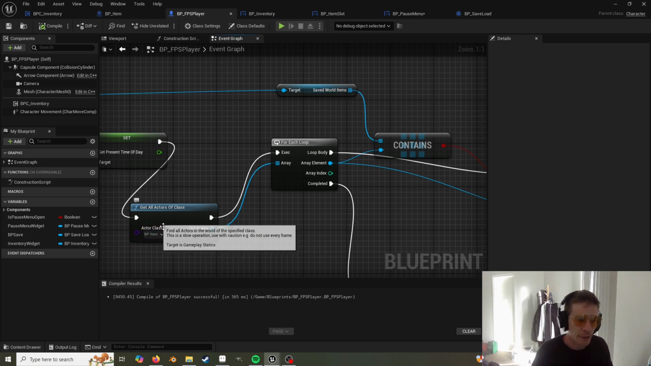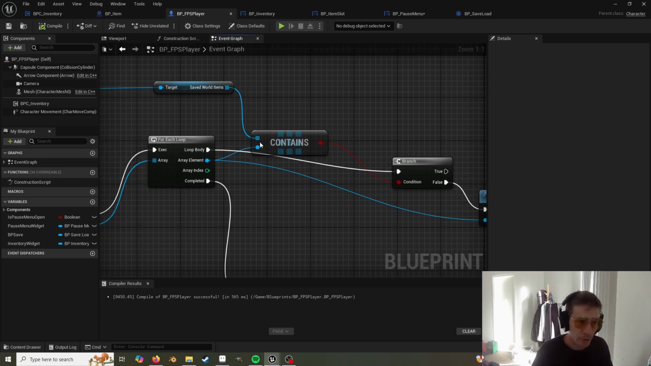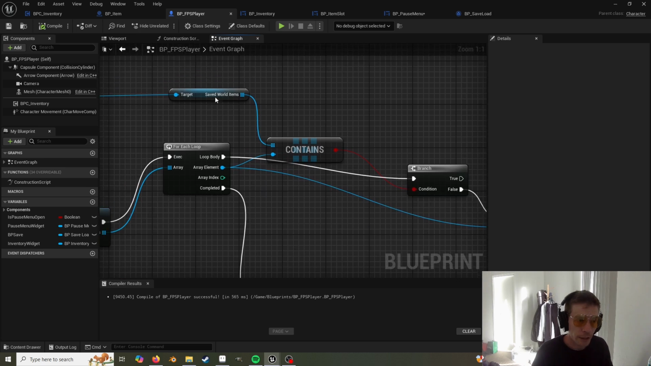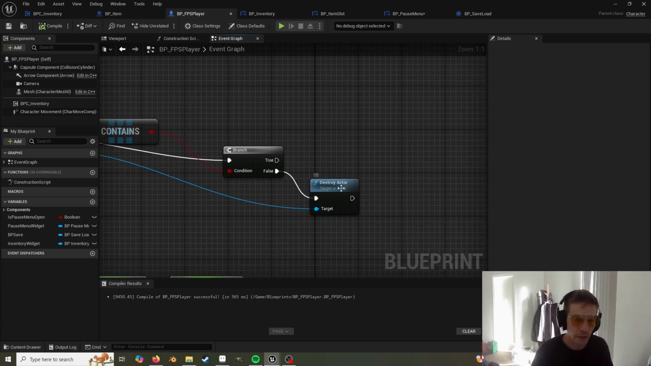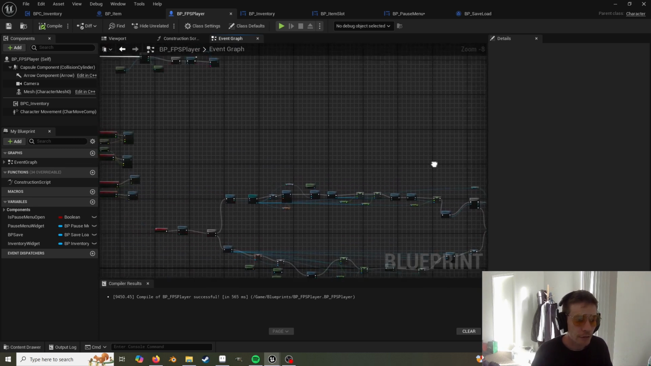For all the items that are in here that are not in here, this returns true if it's in both of them. So if it's true, we don't want to do anything. But if it's false, which means it wasn't in the world when we saved it, but it is now, then please just delete it for me. And in the save area,